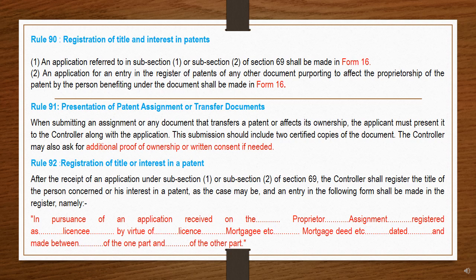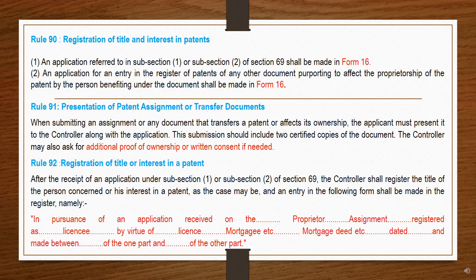Rule number 92, registering title or interest in a patent. In that, once the application under section number 69 subsection 1 and subsection 2 is received, the controller will register the title or interest in the patent.